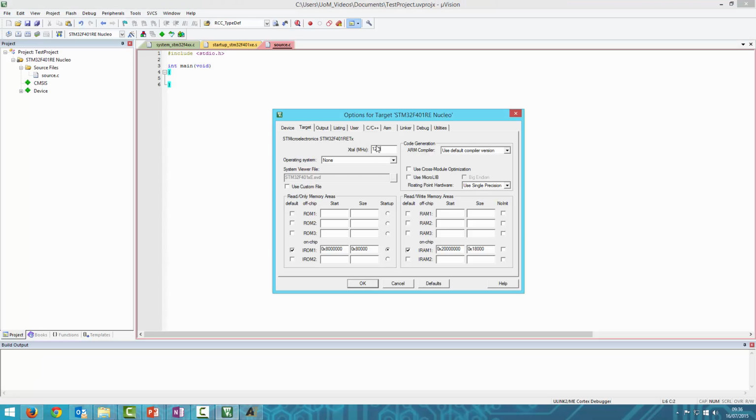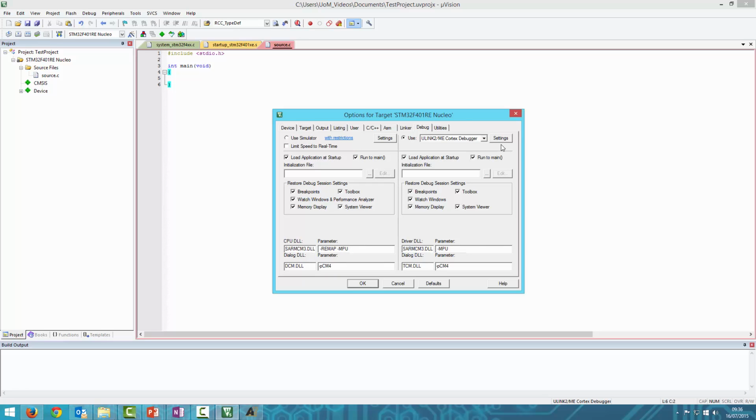So let's go back into Keil, and we want to set the crystal to be 8 megahertz. Now you can change these depending on what kind of vectors you want and where you want the code to read and write to, but for now I'm just going to leave them at the default values, and we're going to go to debug and settings,